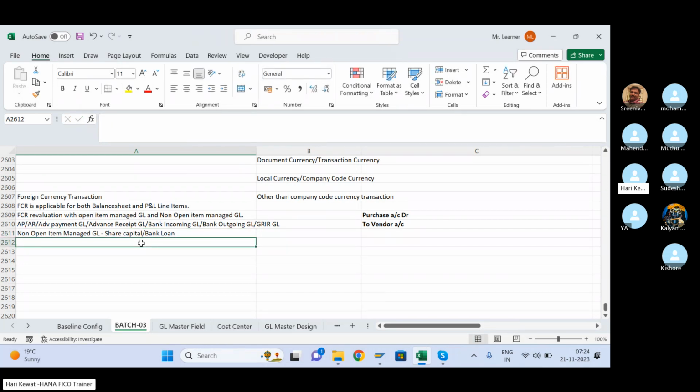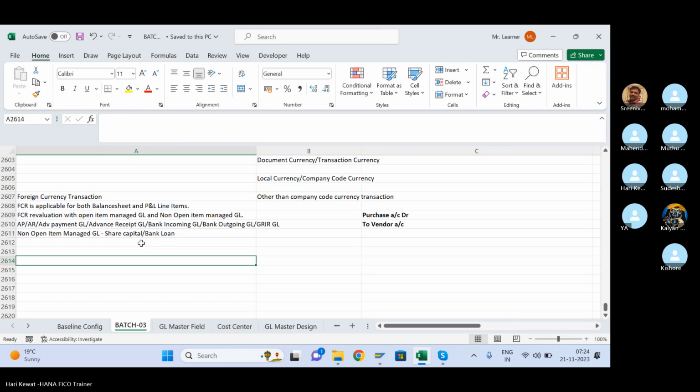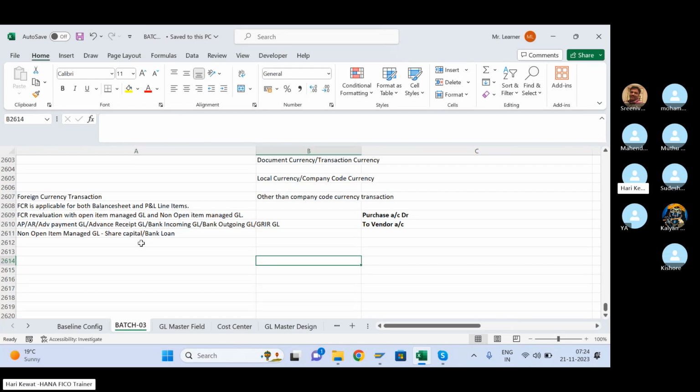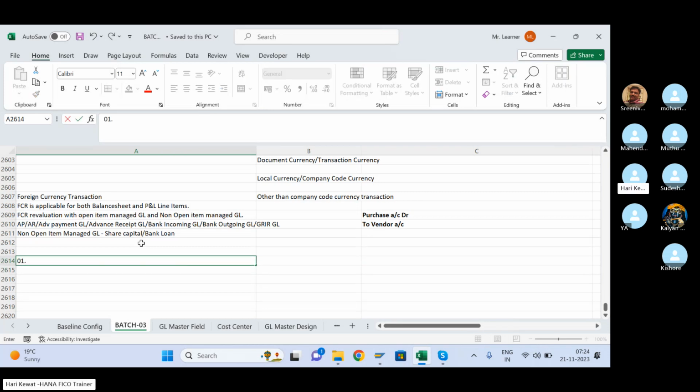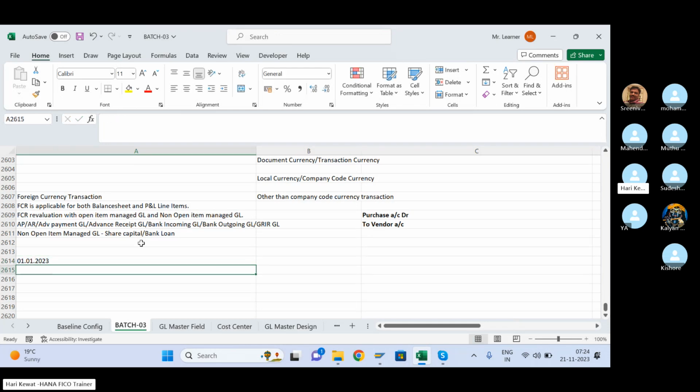Now foreign currency revaluation has two stages. One step is known as revaluation, and one is known as actual payment or receipt. Let me put it this way, listen very carefully. Let's say this is the date you do some purchase. Purchase from